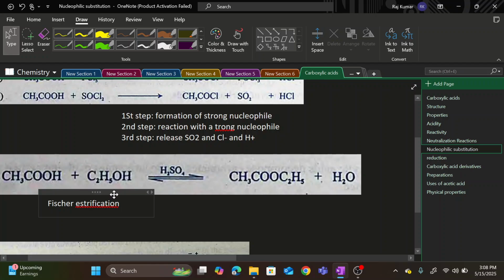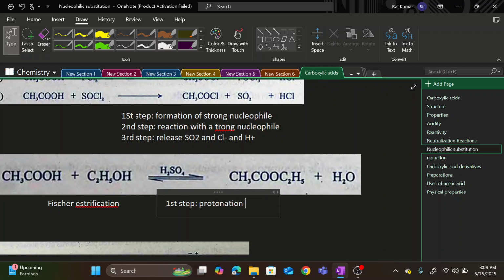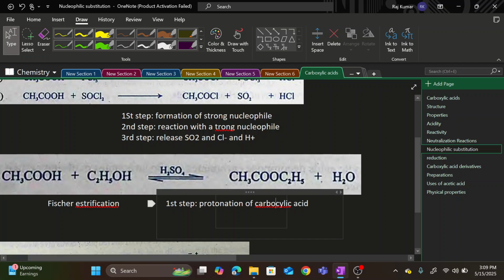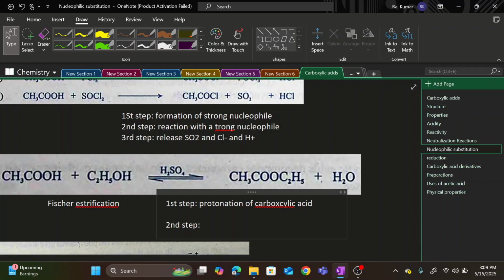So let's just understand the mechanism. This is the entire reaction, we have seen it multiple times as well, but let's understand its mechanism. The first step in this mechanism is the protonation of carboxylic acid, such that the carboxylic acid is protonated, and then once it is protonated, it becomes positively charged. It becomes a positively charged agent, or I would say a carbocation. That carbocation then will react with ethanol in order to produce